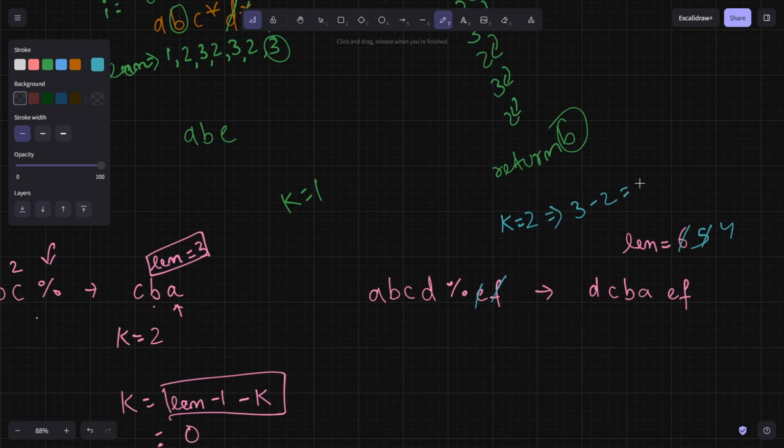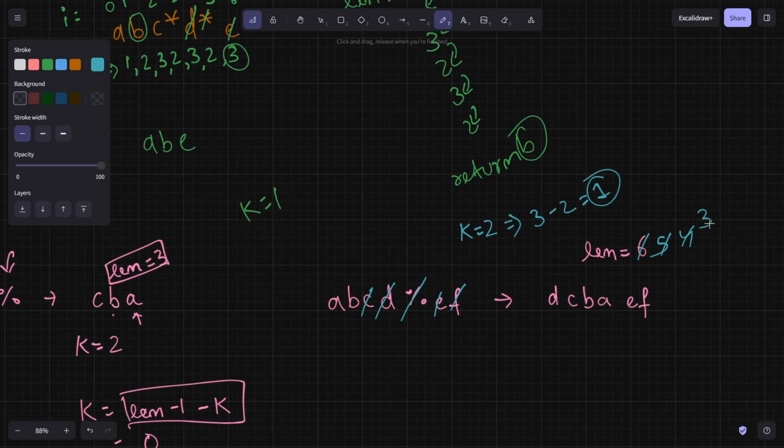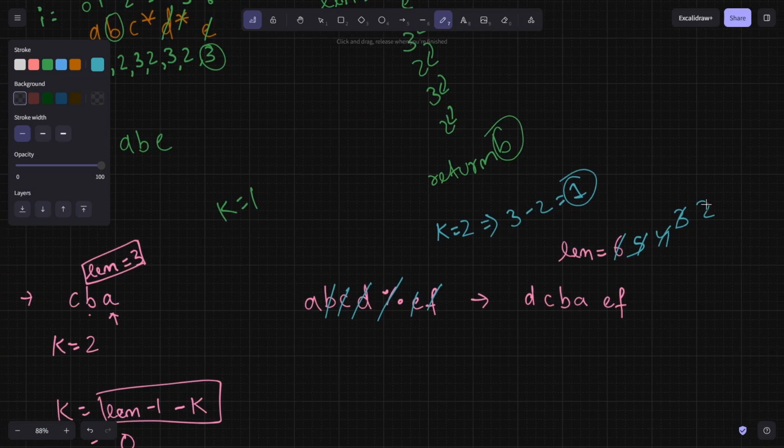Okay, 3 minus 2, that is 1. So we got k equal to 1. Remove the modulo. At d, what we are going to do is length minus minus, so at d it's going to become 3, at c it's going to become 2, at b it's going to become 1. Okay, so at b